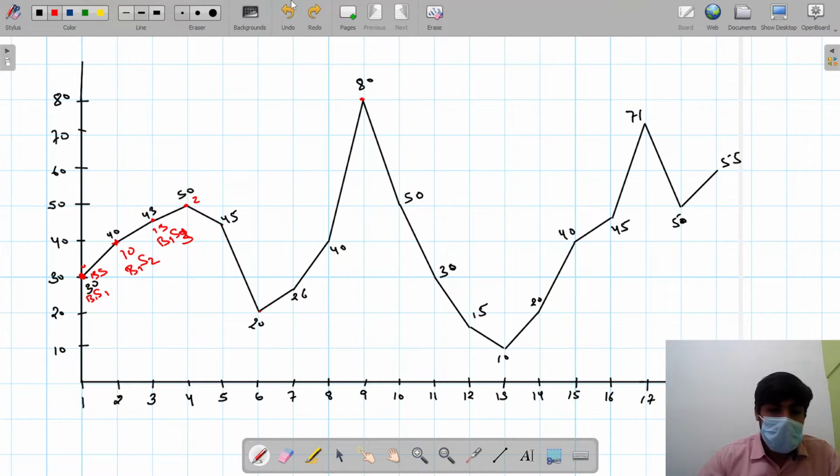Now I am making a slight change in that approach and using it for getting maximum profit by doing two transactions. Okay, so let's see here. I'm doing the same thing here: for that one, buy at 1 and sell at 1, get 0. For this one, buying at 1, selling at 2, get a profit of 10 rupees.